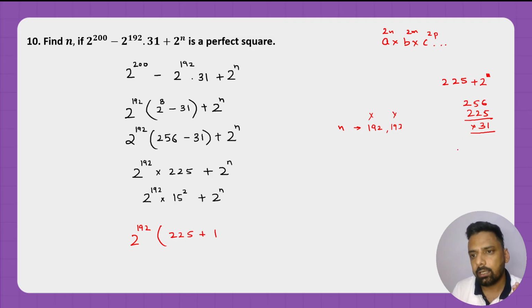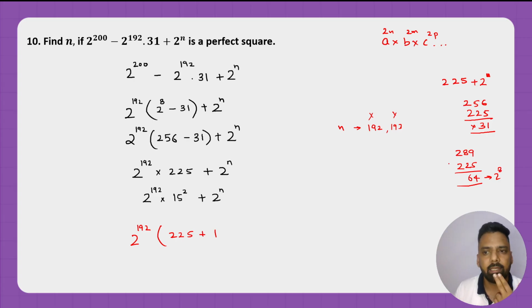लेट्स सी, अगला स्क्वायर होता है 289, क्योंकि 17 का स्क्वायर होता है. तो इफ आई सब्ट्रैक्ट 225 आउट ऑफ इट, 9 minus 5 is 4 and 8 minus 2 is 6. हाँ, तो 64, I can get 2 to the power 8. So that means कि apart from 192, how many extra 2s do I need? 8 extra 2s. तो अगर हम n को ले लेते हैं 198, let's say,